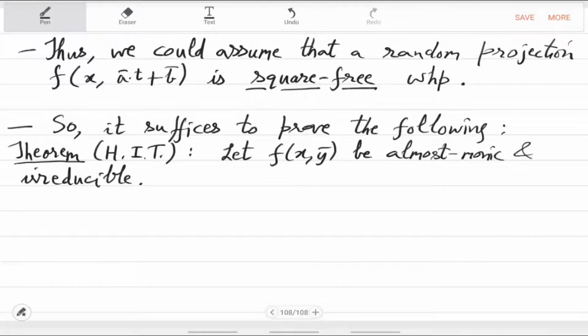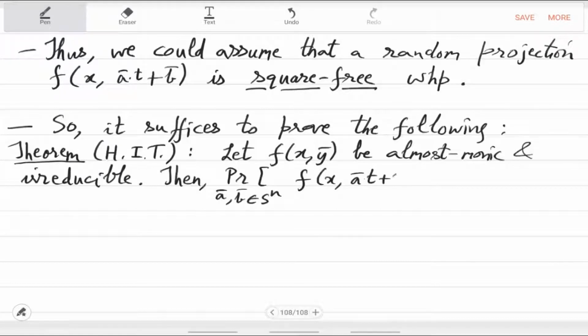So in that case, when you randomly project, a bar, b bar from the space S to the n, then f(x, a bar t plus b bar), the chance that it is reducible